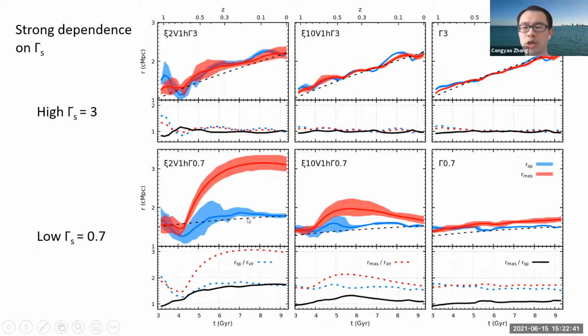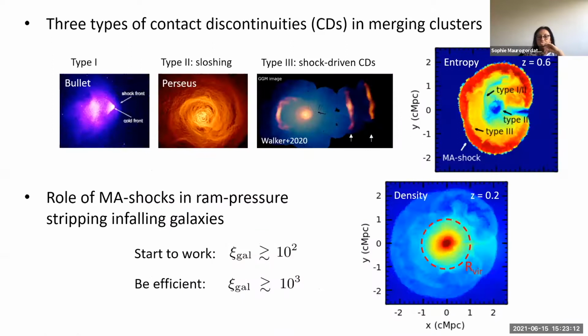So I think these simulations demonstrate that mergers could easily generate strong radius offset between the shock and splashback feature. And because in cosmological simulations along non-filamentary directions, we do see such a large radius offset, it implies that along these non-filamentary directions, the smooth mass accretion rate of the merging system is very small, smaller than 1, even though the total mass accretion rate of the system can be much larger. And another interesting point here is that in our simulations, we do see 3 types of contact discontinuities.